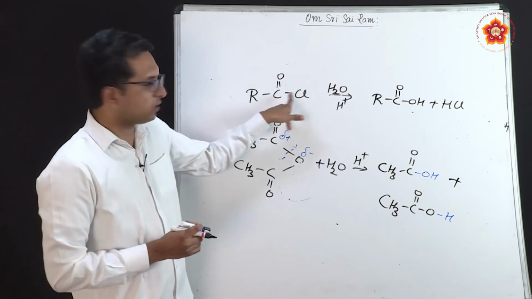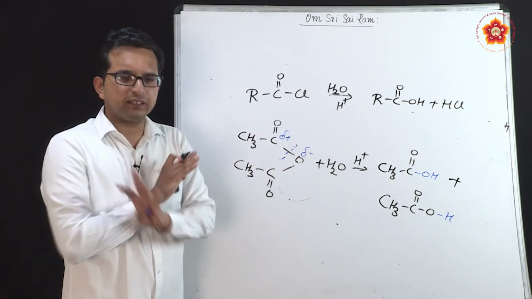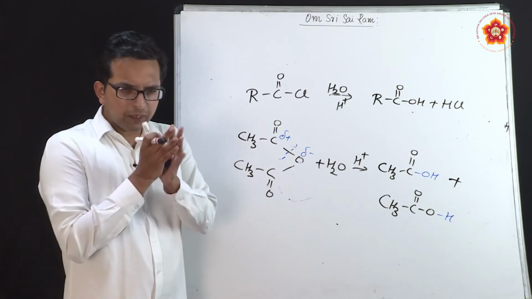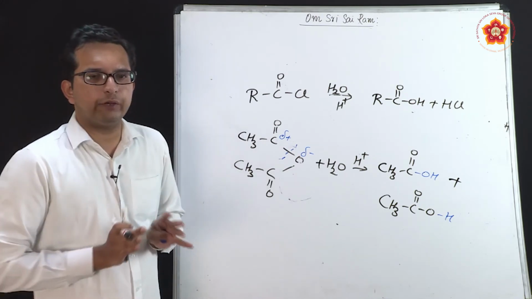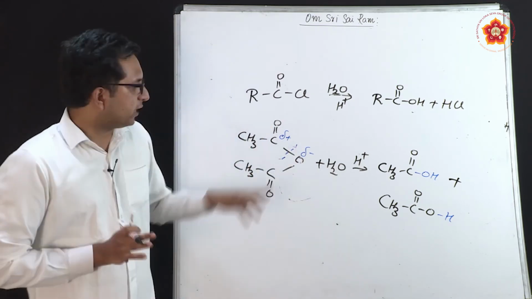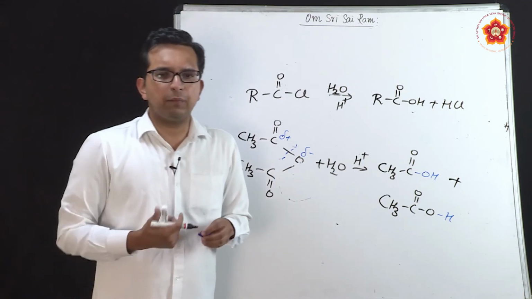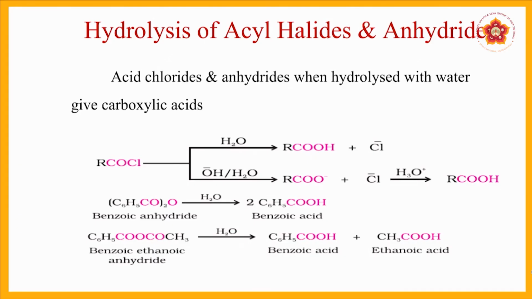So whether you use acyl chlorides or anhydrides, the reaction basis remains the same: they will break down based on their electronegativity difference, and the water molecule will add in such a way that the electronegativity difference is stabilized. So if you see some other examples that we have here, we happen to have a general reaction where water in acidic medium can directly give you RCOH.